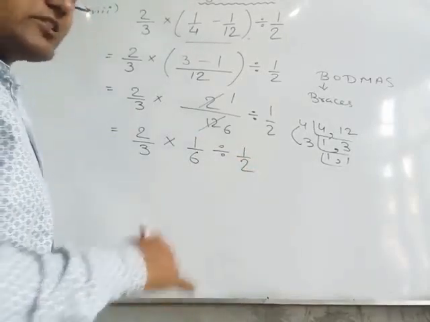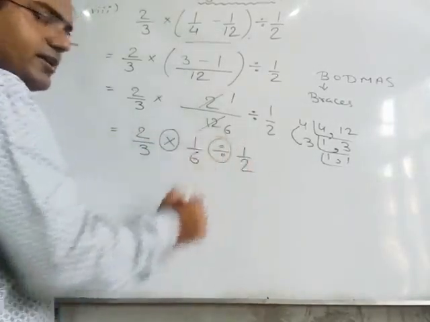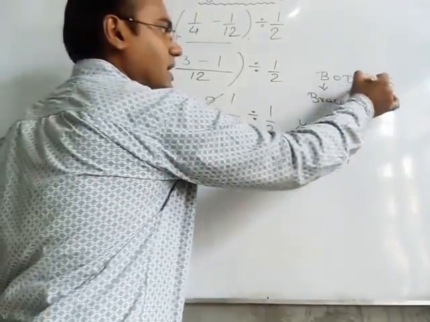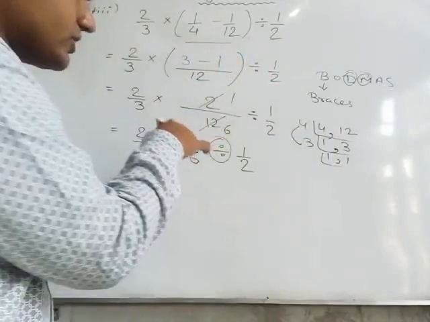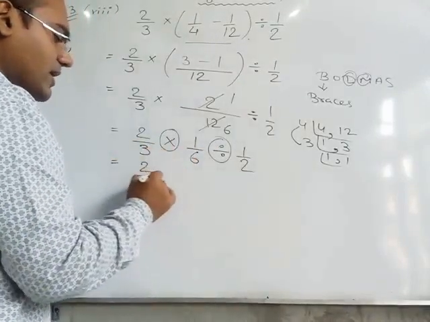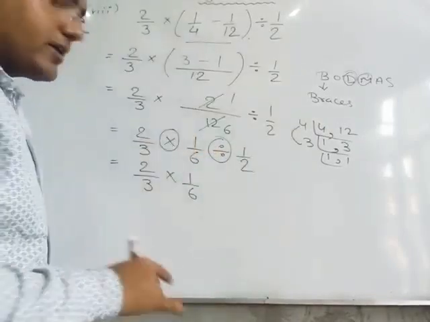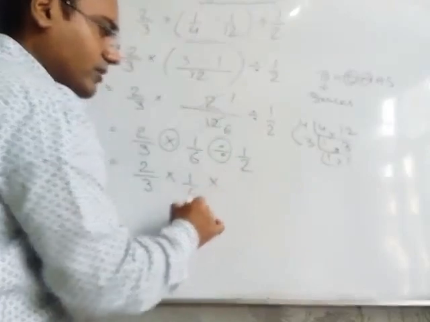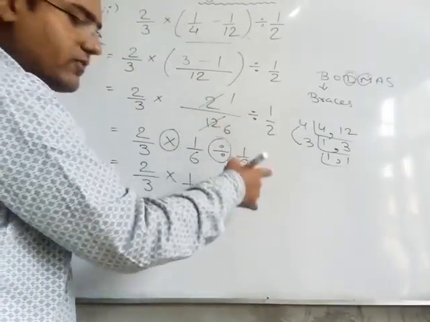Now again we will check BODMAS. Here two things are coming, multiply and divide. So this is the multiply and this is divide. So here you will observe that divide is coming first. So we will change this divide sign. No need to multiply them. We will leave them as it is. First of all we will solve this divide. This divide we will convert into multiply, and when we convert this divide into multiply, the next fraction will get reciprocal.